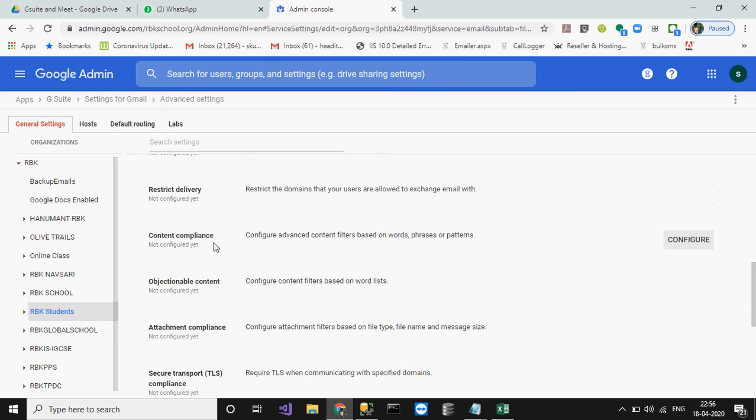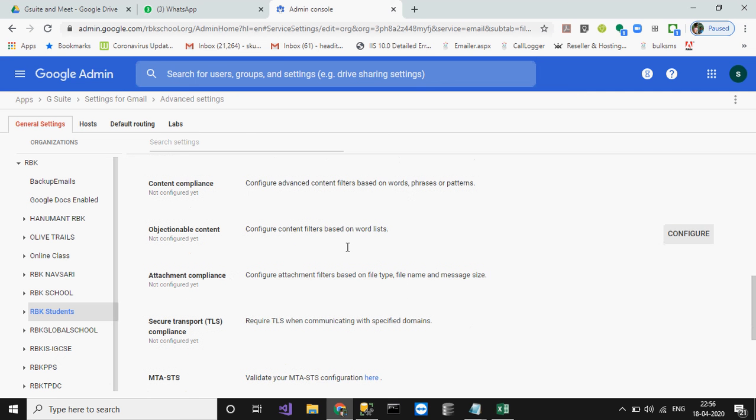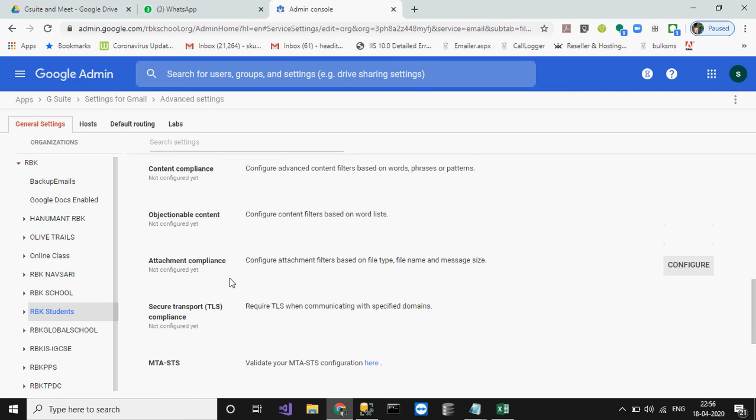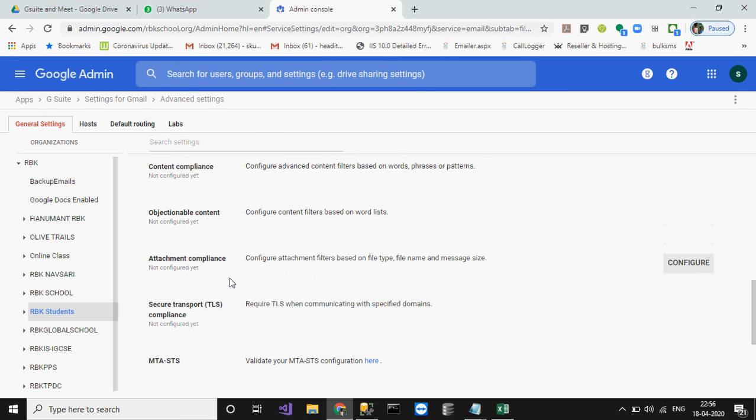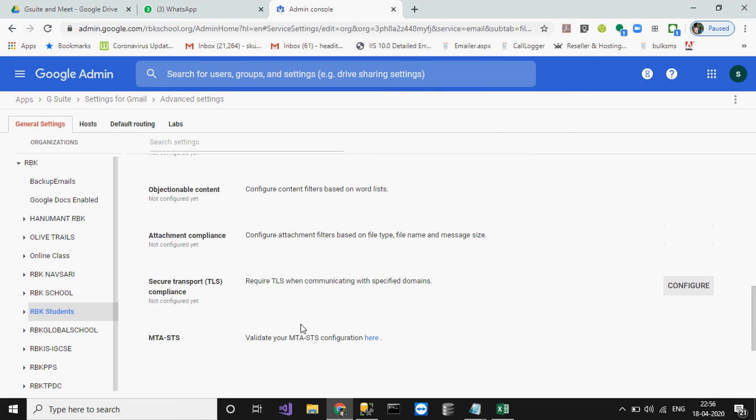And content compliance, you can also define this, so that the email system will automatically detect any illegal or unauthorized content, which you can control based on words, patterns, etc. Objectionable content, attachment compliance, if you don't want some attachments, you can define a minimum size, whatever you need.